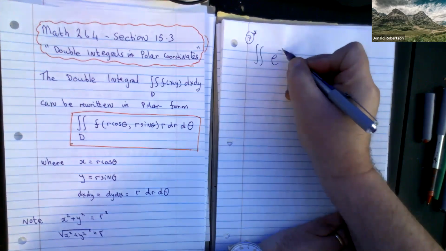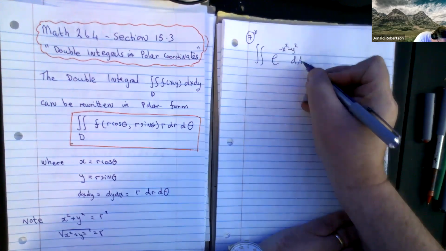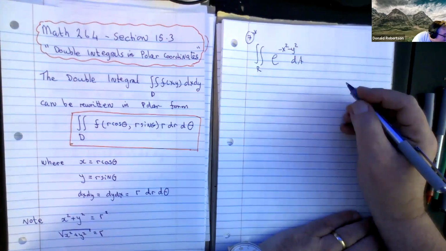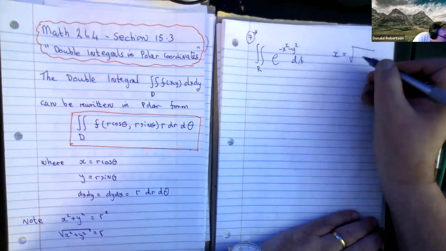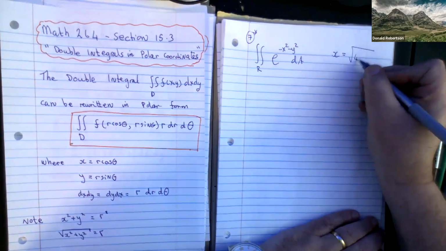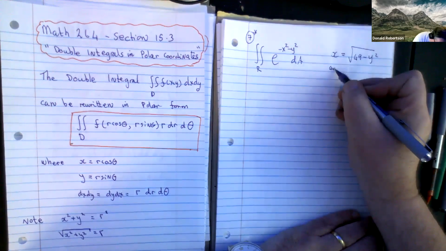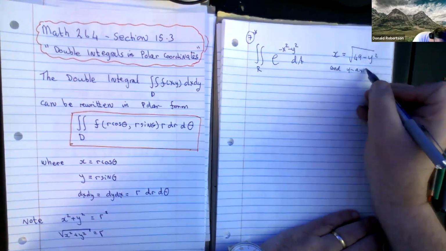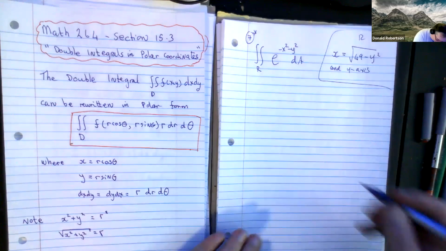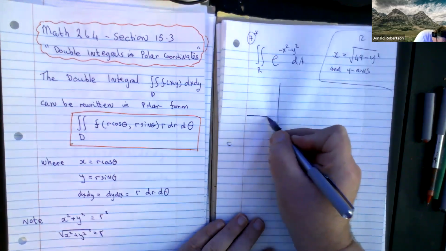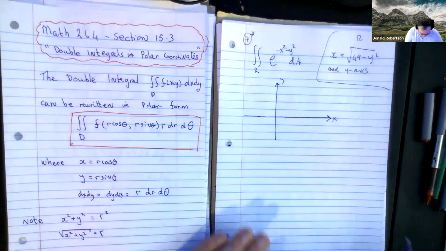It's e to the negative x squared negative y squared, dA, in the region R. And the region R is described as this. So it's bounded by this curve and the y-axis. So the region R is bounded by this thing and the y-axis. It's probably not the most intuitive way of describing this region. So here goes. I know it's the